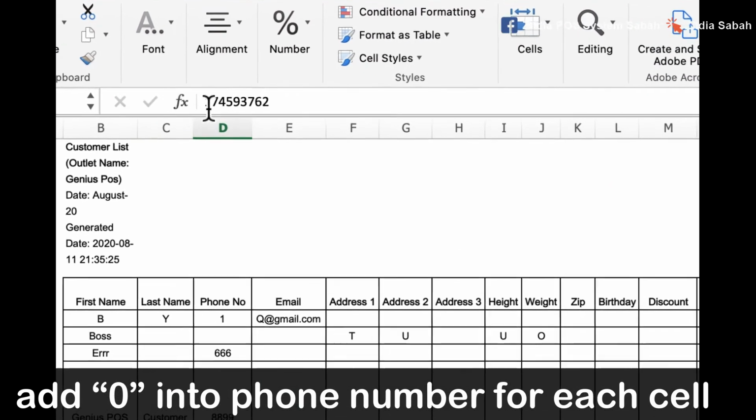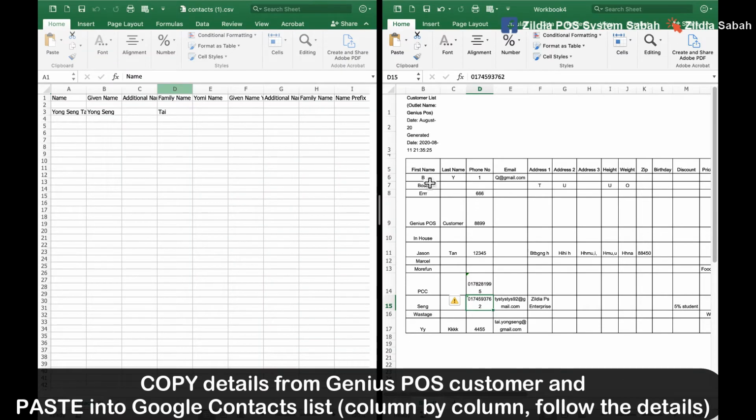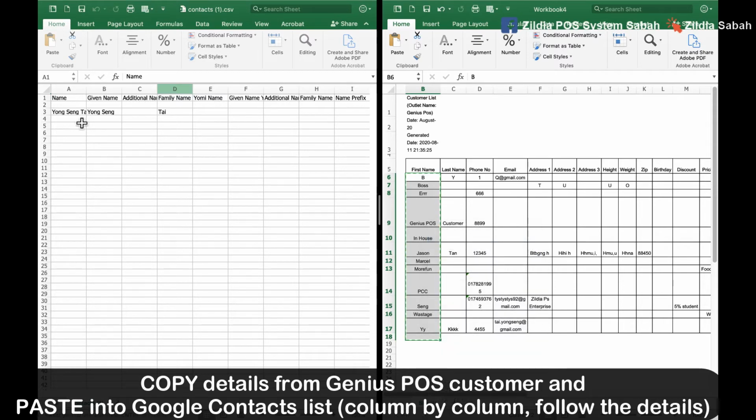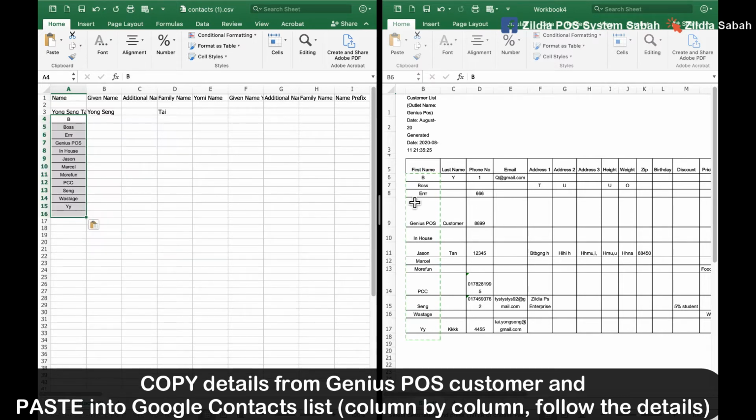for example. And then you copy for the first name, copy, and then you go back to the Google Contact CSV file and you paste it. Same goes to the last name as well, copy, and you paste it on the family name column. Copy the phone number,